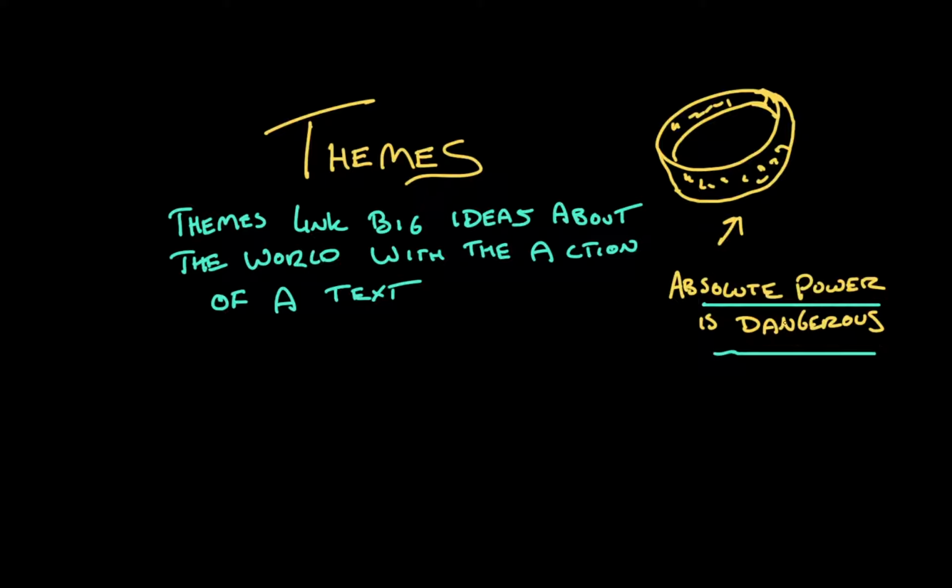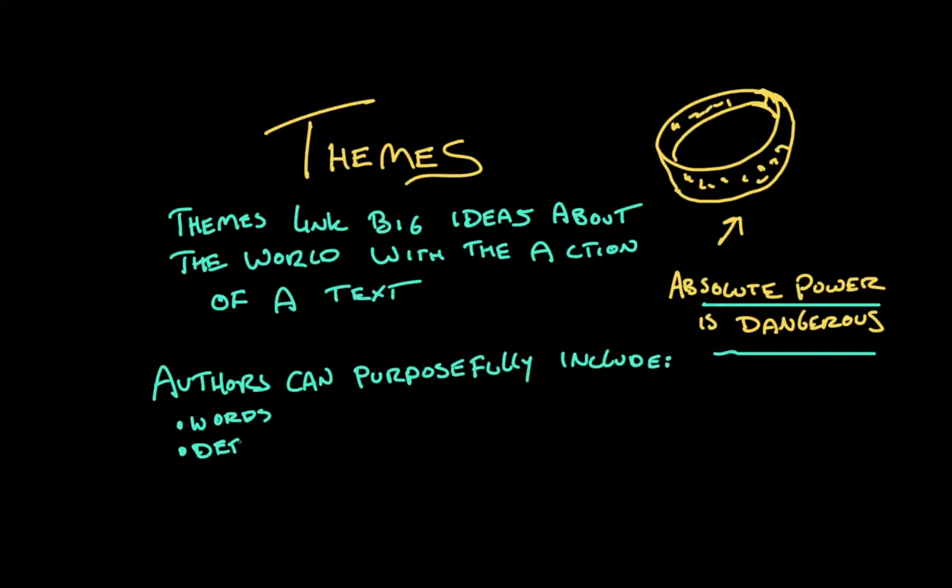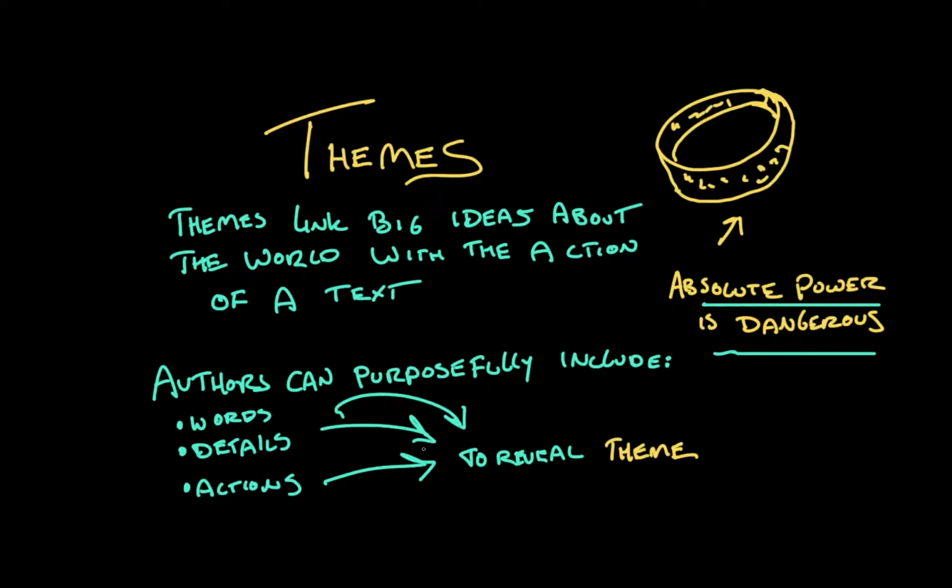Good readers can look at a whole text from beginning to end and identify where the author purposefully chose words, included details, or directed action that develops or reveals the overall theme. It's not just that characters say, "Oh no, the ring's super dangerous." In fact, I believe in the Fellowship of the Ring, Gandalf says, "No, with that power I should have power too great and terrible. And over me the ring could gain a power still greater and more deadly. Do not tempt me." The characters say that, they do, but it's also about how they behave around the thing.